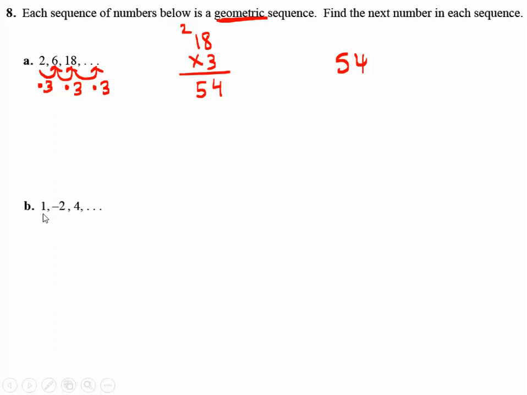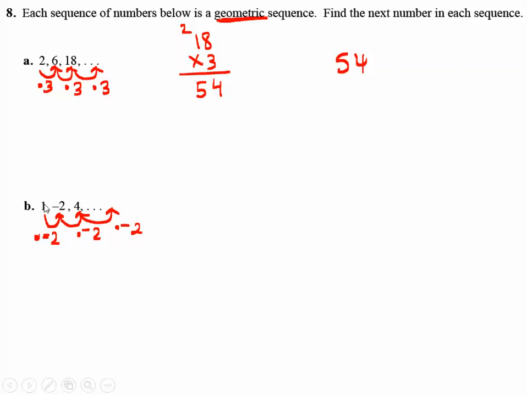Alright, this one, a little bit more tricky. It goes from a 1 into a negative 2, then from a negative 2 goes to a 4. Notice you got a little negative symbol here. So it comes from a positive, becomes a negative, then becomes a positive again. So at this point you should think about, I'm multiplying through with some kind of negative because I'm changing the